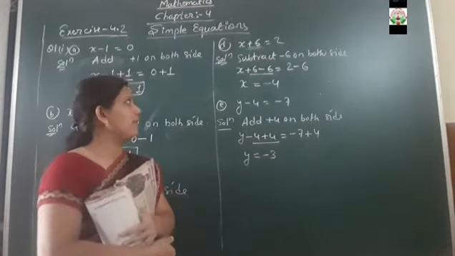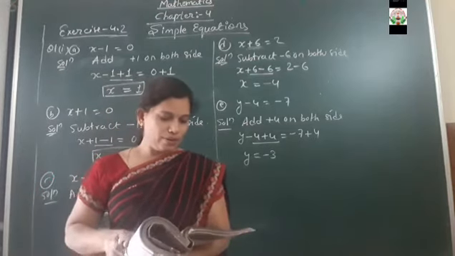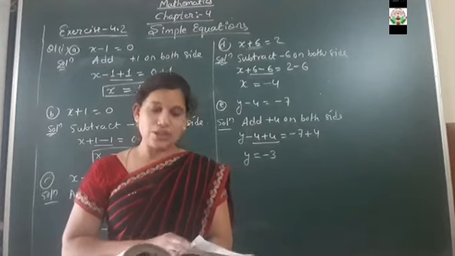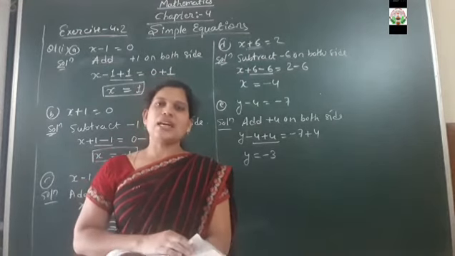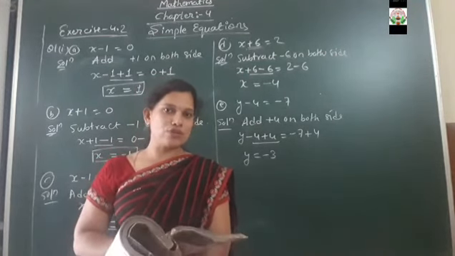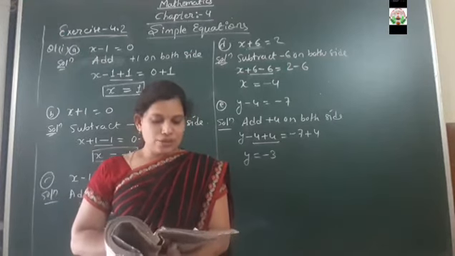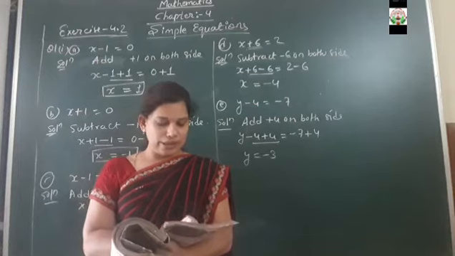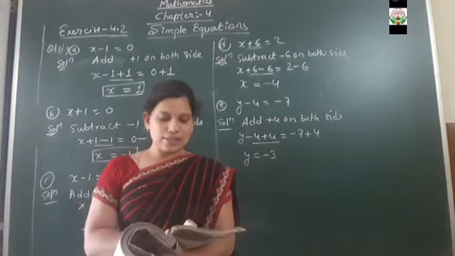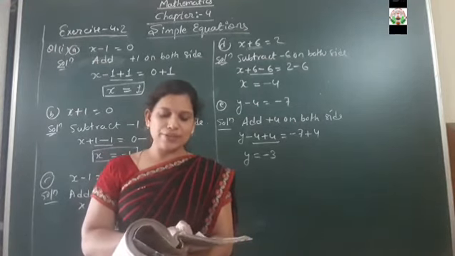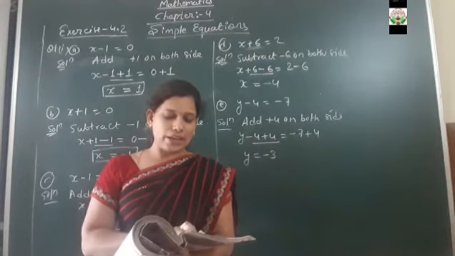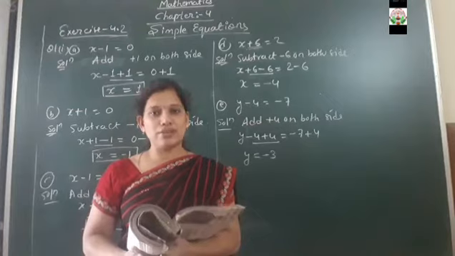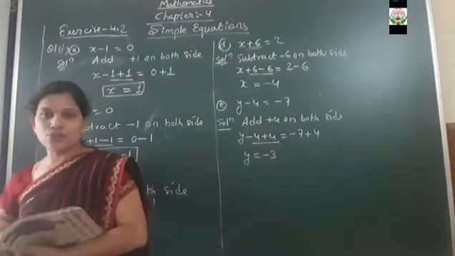Clear? So here we have completed question number 1. F, G and H parts, try to do on your own. Clear students? Have you understood? Please ask your doubts to me through my WhatsApp number. Next question is the same. It is said in question number 2 to give the steps you will use to separate the variables and then solve the equation. Again you have to write the step and then solve the equations. So let's see how to do it.